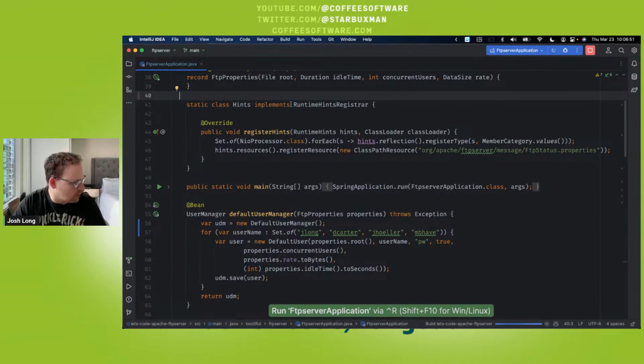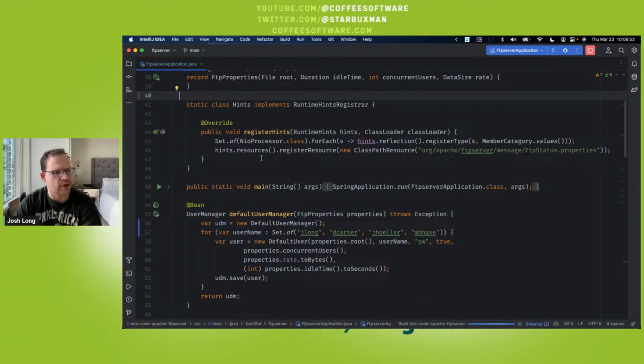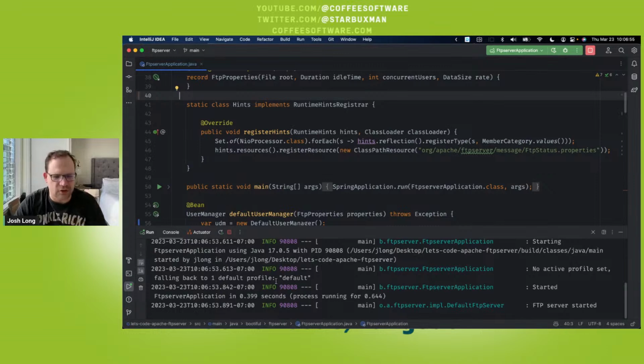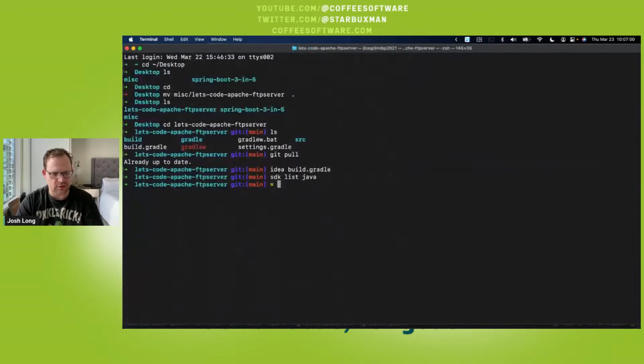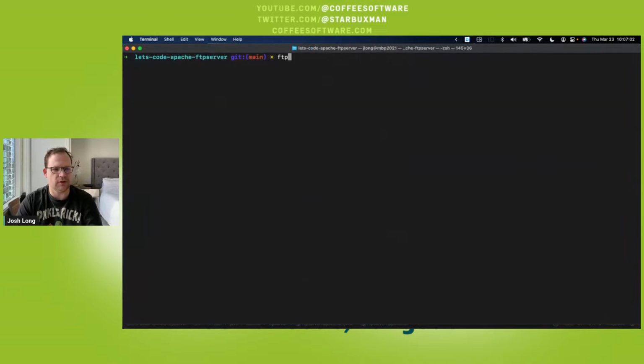We're going to come back to this later. We're going to see that there's an actual integration with Spring Integration and Apache FtpServer. Yesterday, in our quest to understand FTP and to make it work, we discovered a very convenient